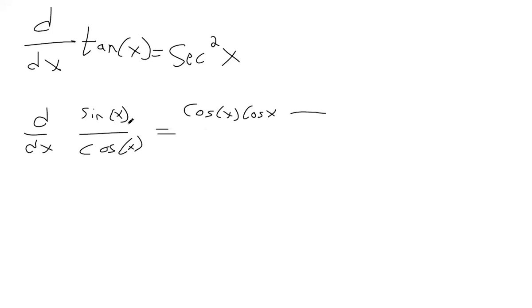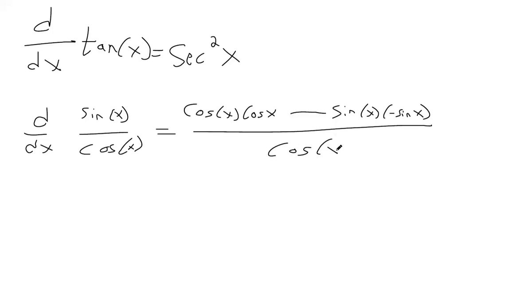Now I'm going to subtract the top function kept the same times the derivative of the bottom function, so that's negative sine of x. That's all over the bottom function squared. Okay, and then the top, cosine times cosine makes cosine squared x. And then negative sine of x times negative sine of x, that makes positive sine squared x. And that's all over